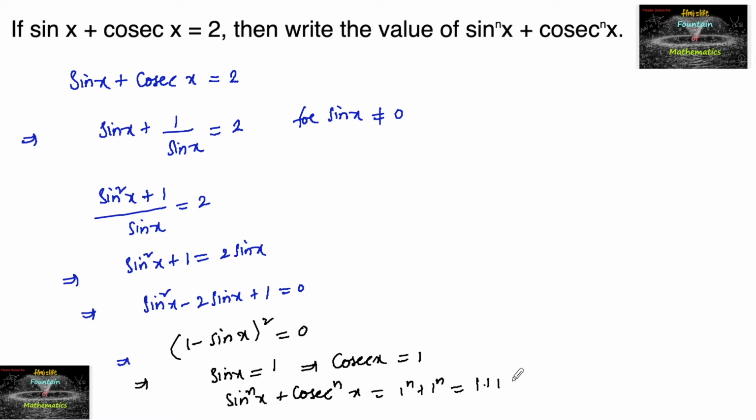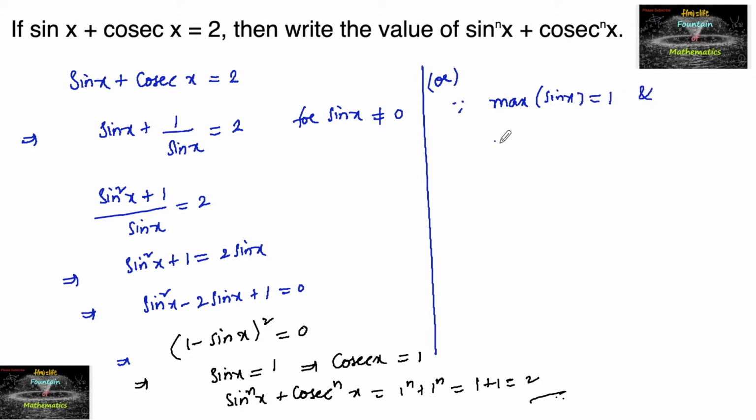So that is 1 plus 1, which is equal to 2. So we can say the answer is 2, or this can also be done by, since the maximum of sin x is equal to 1 and the minimum of cosecant x is equal to 1,